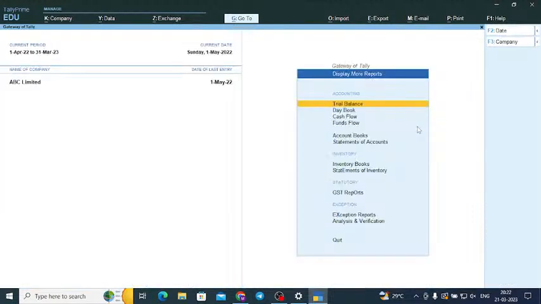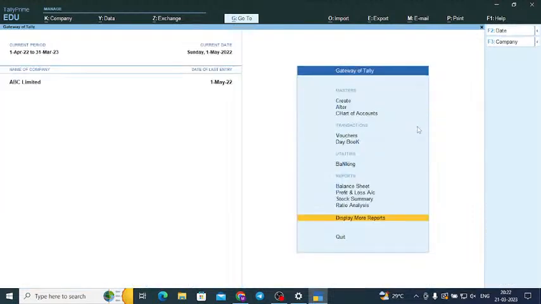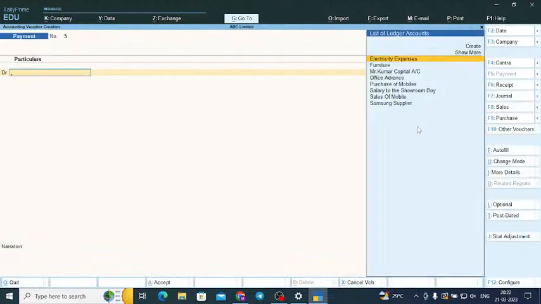Okay, fine. So let me introduce some more transaction types. What are the transactions we have seen? Purchase, receipt, payment, sales. Okay. So let me introduce two more transactions. How to go to the transaction? From Gateway of Tally, I can press Ctrl V vouchers, or I can choose